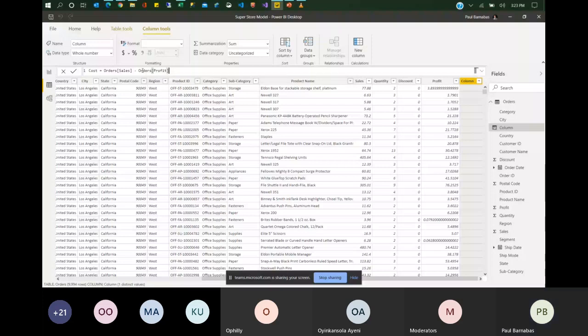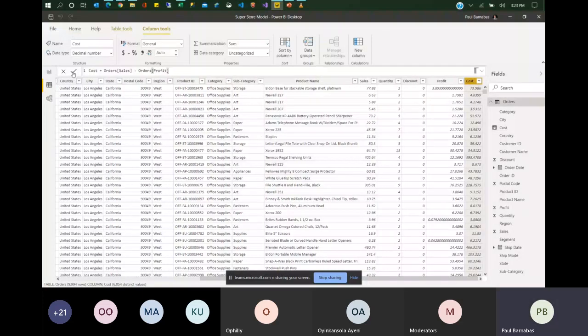Let's click on this equals sign, the commit mark. And here you go. You can see that it has given us a new calculated column. For every row, we have a computed value. So that's the power of a DAX function, and that's what's called a calculated column. So let's move on to the next one.